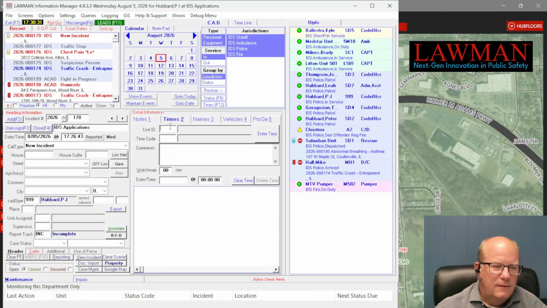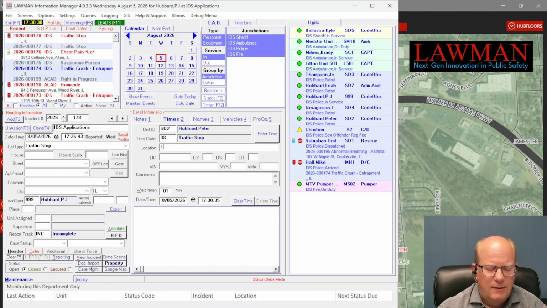All right, so we're going to do a traffic stop. So SD2, 38 traffic stop, and we're going to put East Crown View / Broadway. And we're going to do ABC 123. And if we had a state of Missouri or whatever, you can put that in here as well. You can put black Chevrolet Camaro, 3 occupants,